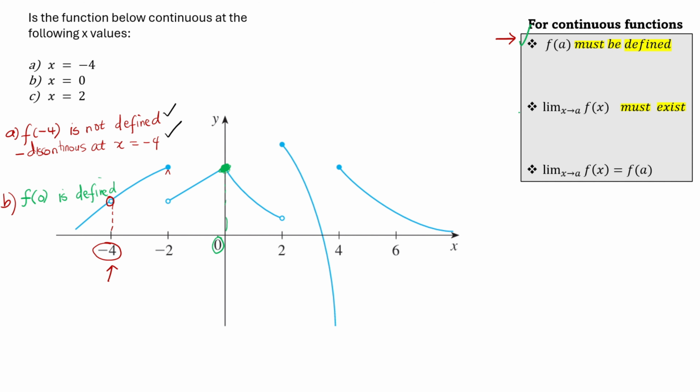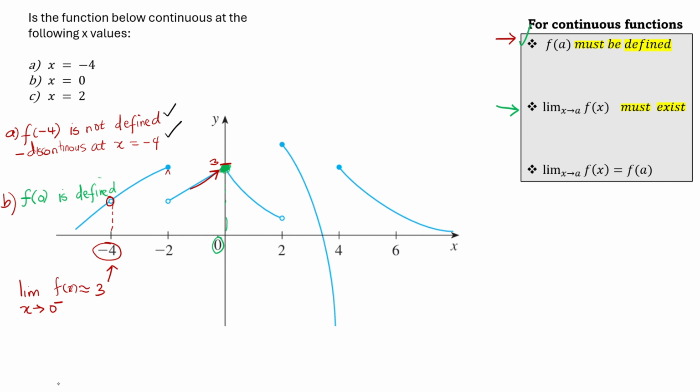What about the limit? Does the limit exist? Let's evaluate that. For it to exist, we must evaluate the limit from the left and the limit from the right. So if we approach 0 from the left, we are going to get to this y value. Maybe it can be something like 3. It's just an estimation. So from the left, as we approach 0 from the left of this function, the limit is approximately +3.